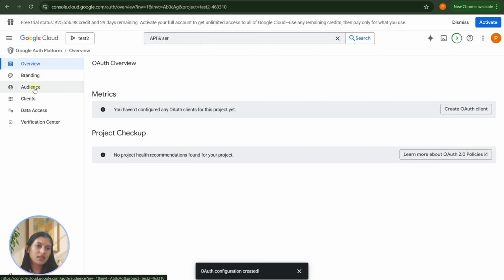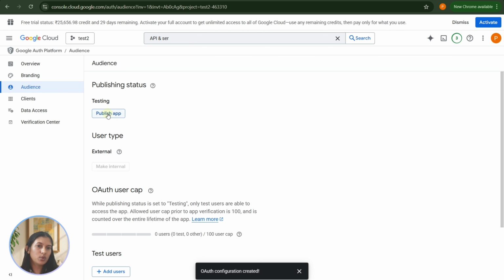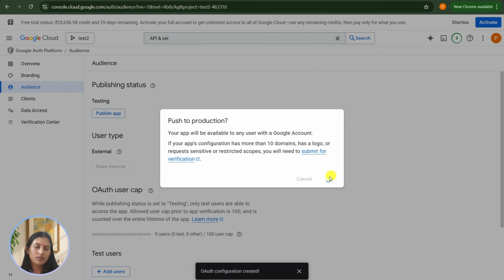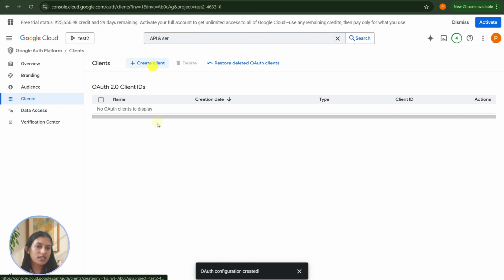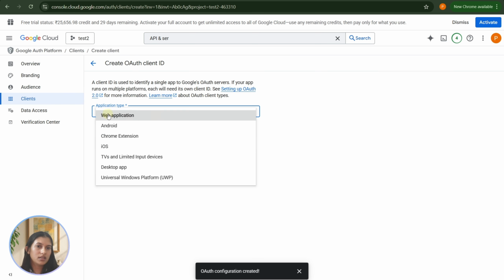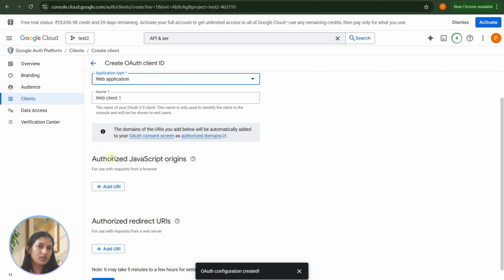Once the app is created, you need to go to audience and move this app from testing to production. Once the app has been productionized, you need to go to clients, click on create client, and just create the client ID.